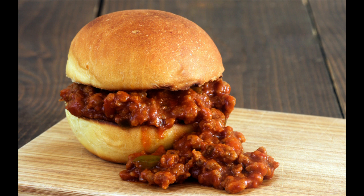Worcestershire sauce, yellow mustard, salt and pepper, and burger buns, or bread, or crackers, or a shoe, however you want to eat it. The directions for this recipe, exactly how to make it, are on